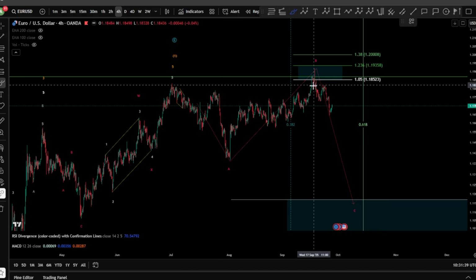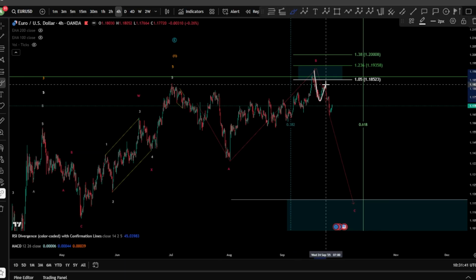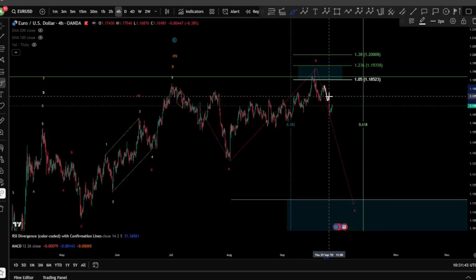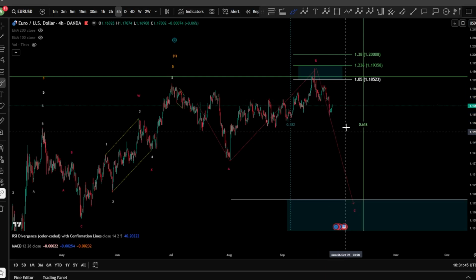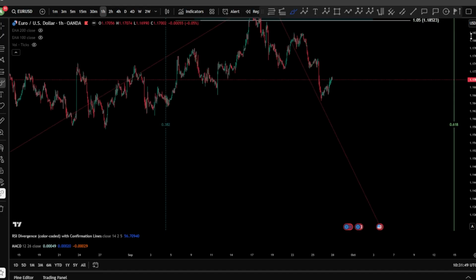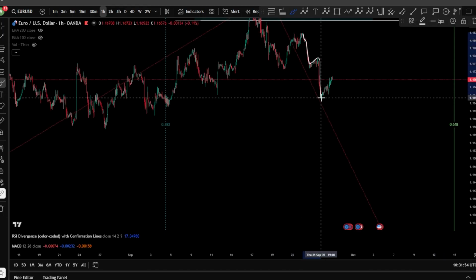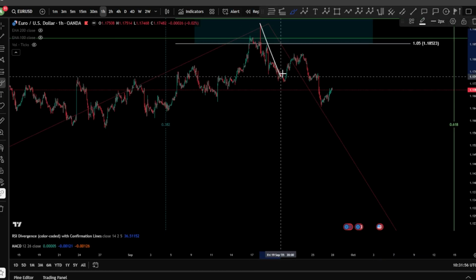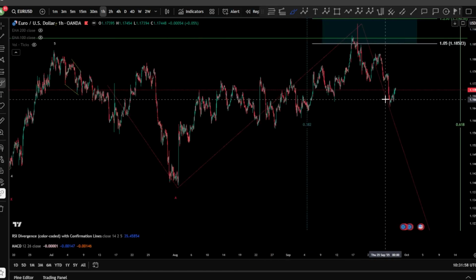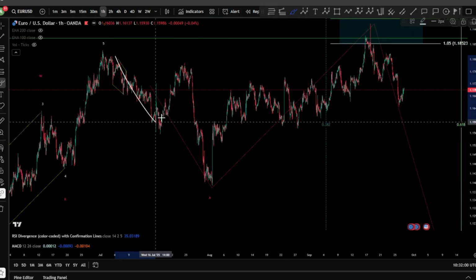We can also mention that we have a potential impulse as a 1-2 here, and continuation, of course, for the trend downward. And after this, we can see, of course, on the 1 hour chart here, a potential impulse finished as well as a 1, 2, 3, 4, and a 5. Now, can this be an A, B, and a C finishing kind of like a bigger W, X, and a